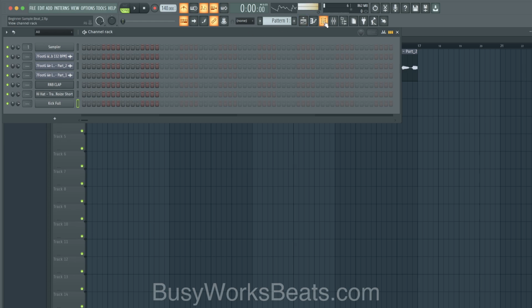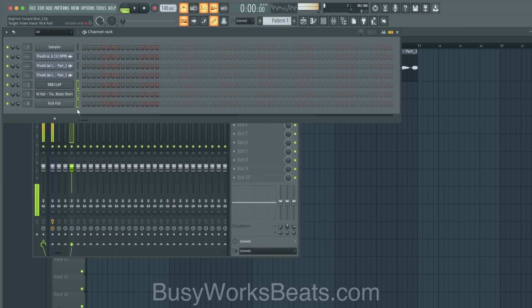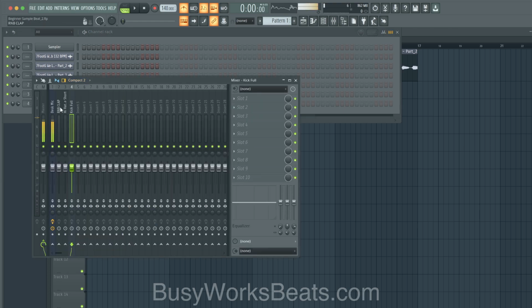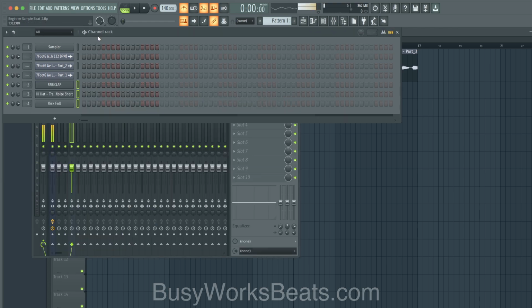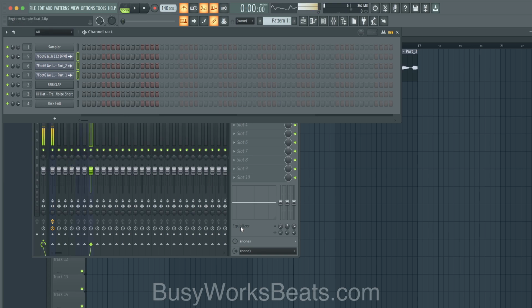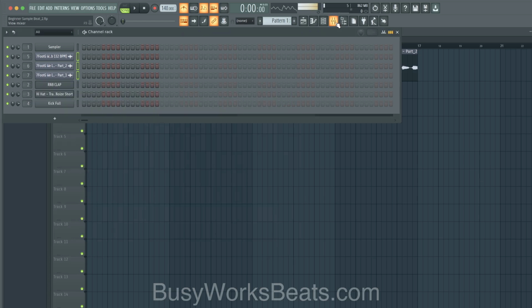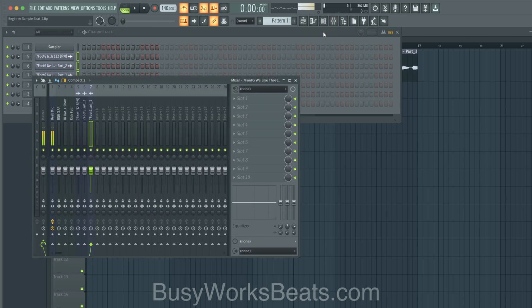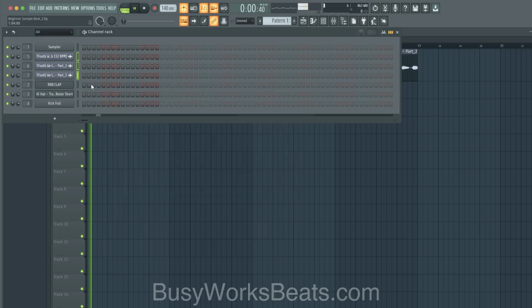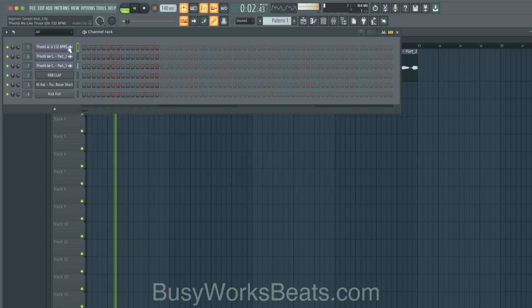Now, let's go back to the channel rack, which is this icon here. Highlight all your drum sounds and hit Control L. That will send them automatically to the mixer. You can do the same thing for your audio. Hit Control L, and that'll automatically name it and send it to the mixer. The mixer is this icon here, and this accounts for all the sounds making sound. You can edit each individual sound as opposed to editing everything at once. Again, you'll get the project file, so you don't have to memorize this stuff.